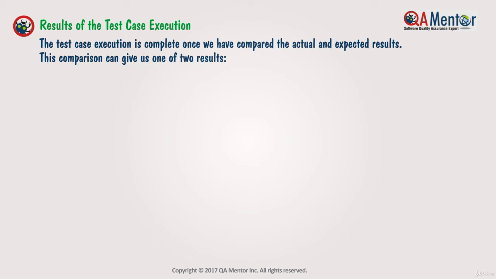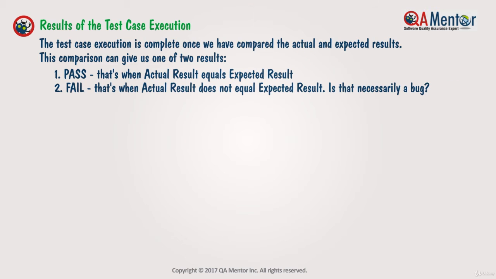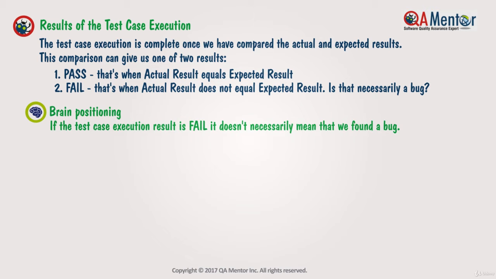This comparison can give us one of two results. Pass, that's when actual result equals expected result. Fail, that's when actual result does not equal expected result. Is that necessarily a bug? Let's see. Brain positioning. If the test case execution result is fail, it doesn't necessarily mean that we found a